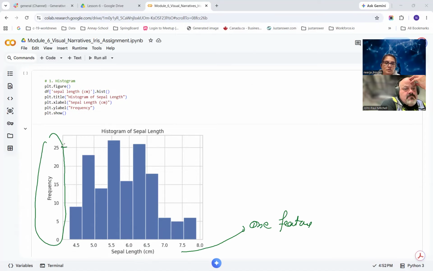This has around maybe 28 or 30, right? You have the most records with the length of 5.5, right? And 6.8 or maybe 7.1 has the minimum records, right? With this length. So when you have one feature, this is called univariate